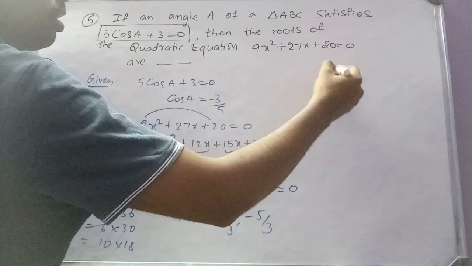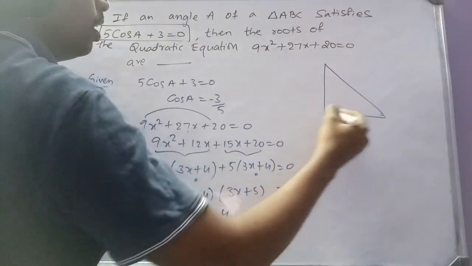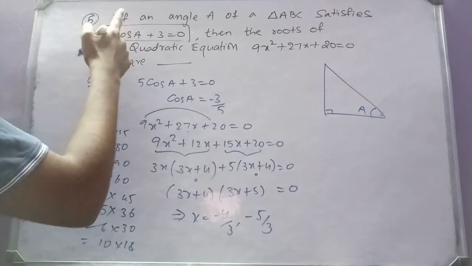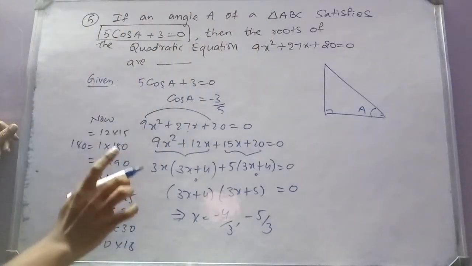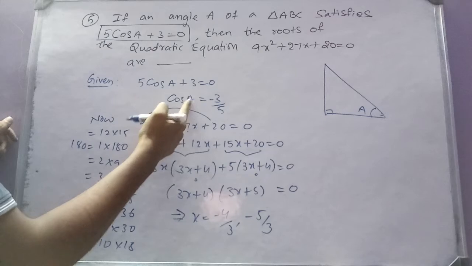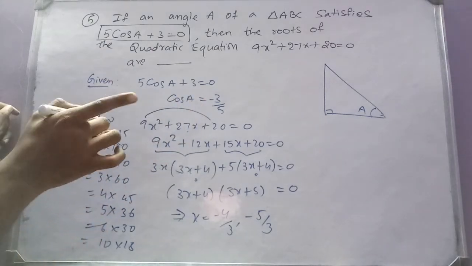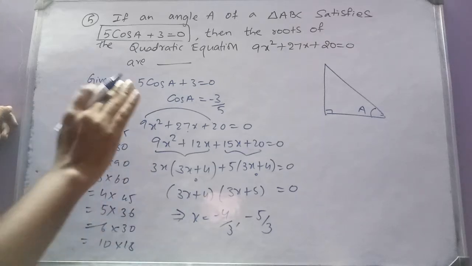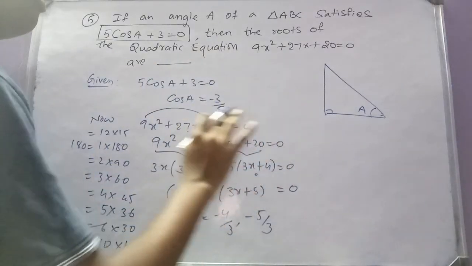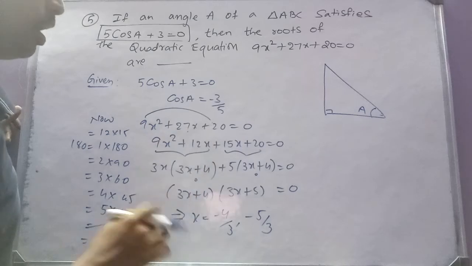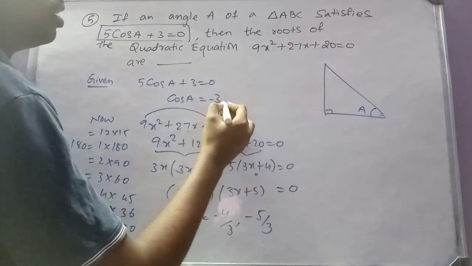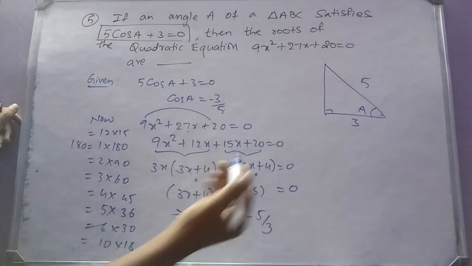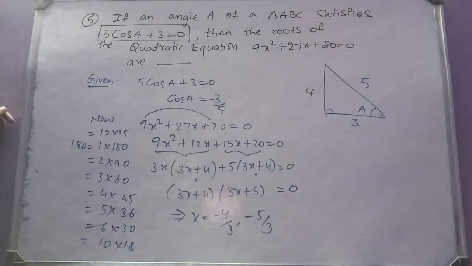Ignoring the sign, if you go to a right angle triangle containing an acute angle A, actually A is not acute, because he told that in a triangle ABC, cos A is negative, right? Cos A is negative. That means A must be in second quadrant. That means angle A is actually obtuse, but ignoring sign, for the purpose of using Pythagoras, I'm taking this adjacent by hypotenuse. Adjacent is 3, hypotenuse is 5. By using Pythagoras, the opposite side is 4.